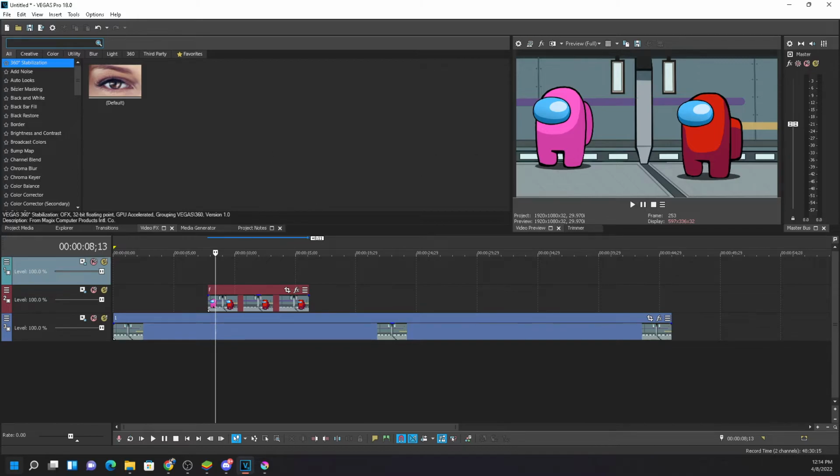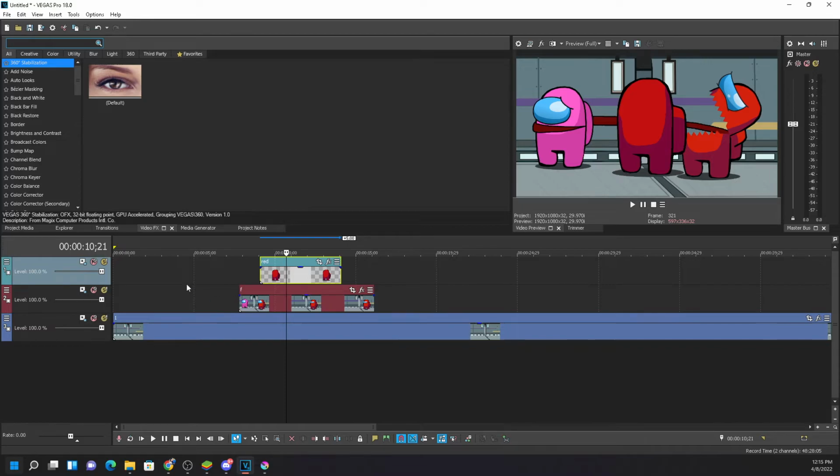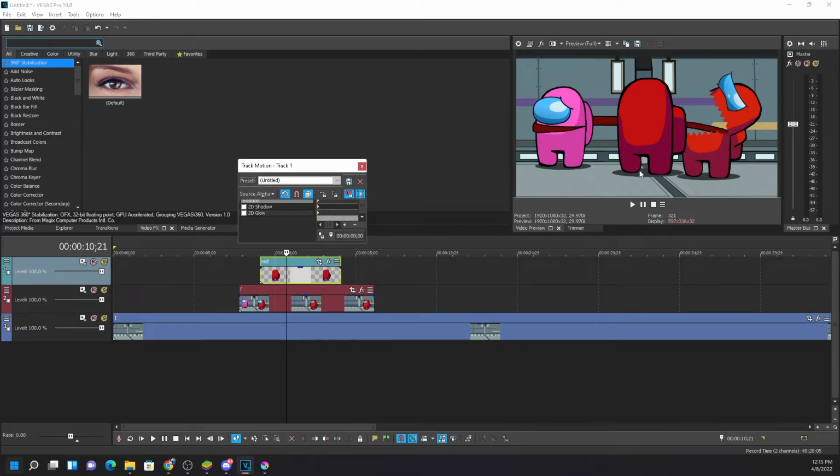What I'm doing is creating a movement over here. The red will come towards him, and after that he will eat. So how will I do it? First of all, I'm placing this image over here, and this image is really big, so I'm adjusting the size. It will stop in this position.